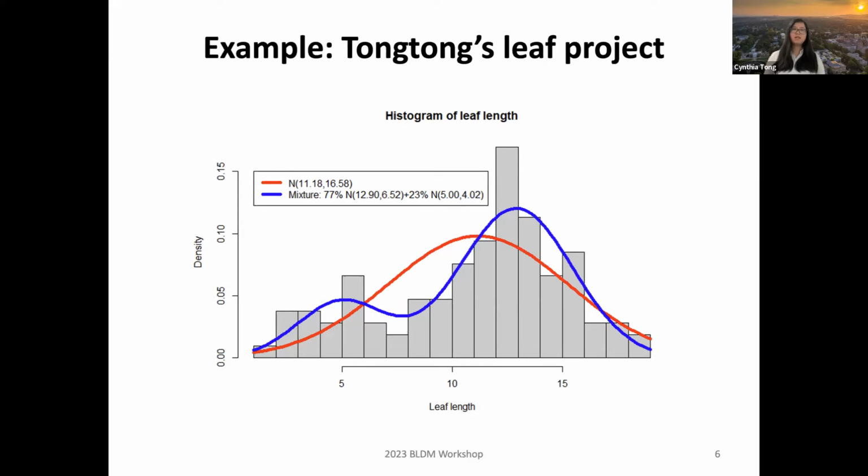In general, the distribution of the leaf length is actually a mixture of those baby leaves and those more like adult leaves. So we have this bimodal distribution. And I think this is a really great example of when we can use a mixture model, because by just looking at those leaves, you can't really say which leaves belong to which category, because there are also some of the lengths in the middle, but it's just more likely those leaves are baby leaves and those leaves are more like adult leaves. So they are two unobserved latent classes.